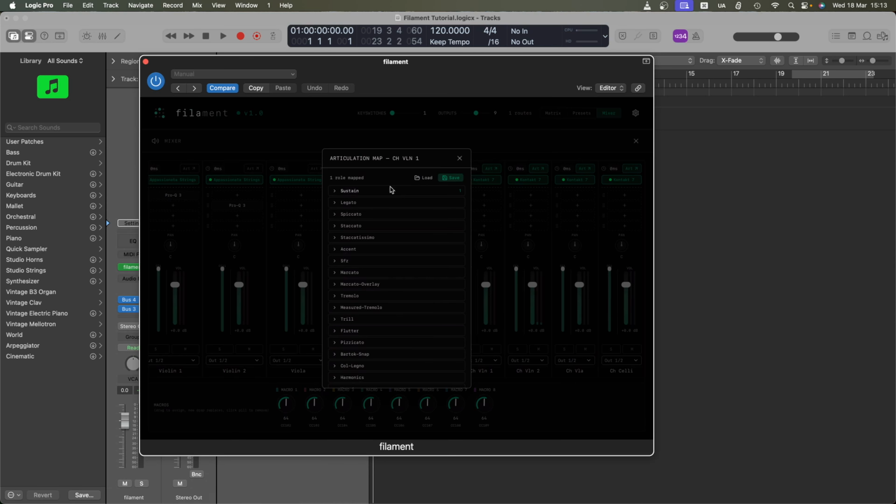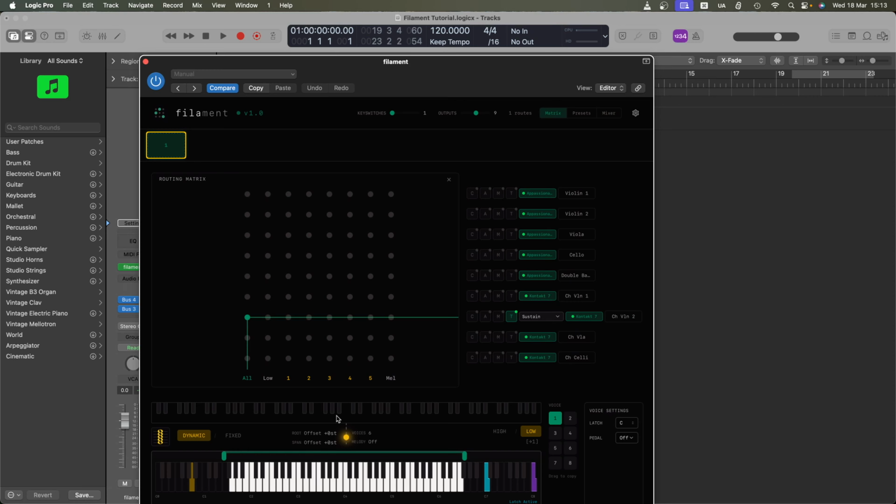Now, I'm just going to load up the Spitfire UACC articulation map, which is saved here. You'll see there's only a couple of presets here. Over time, we're hoping to increase these to save you the time and effort of making your own articulation maps. But you can save your own and load them up pretty flexibly. So I'm going to load up Spitfire, the UACC map, and you can see it's mapped those all for me. And now if I go to the front,